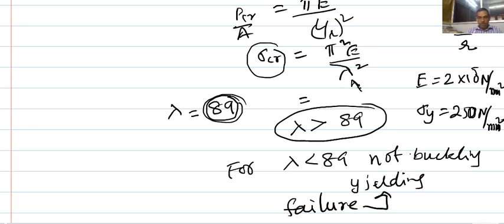That means for a steel of 250 MPa and Young's modulus of 2 into 10 power 5 Newton per millimeter square, for lambda less than 89, this particular theorem will not work. So, similarly you can work out lambda for, let us say, aluminum, lambda for brass,